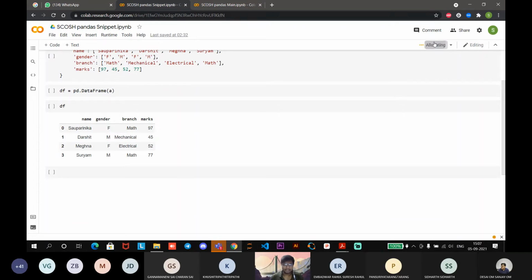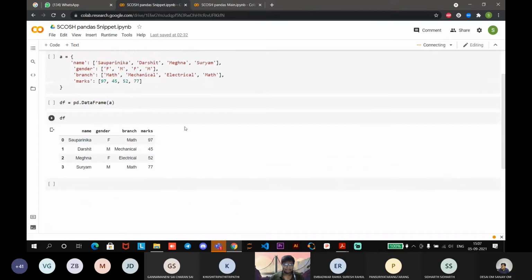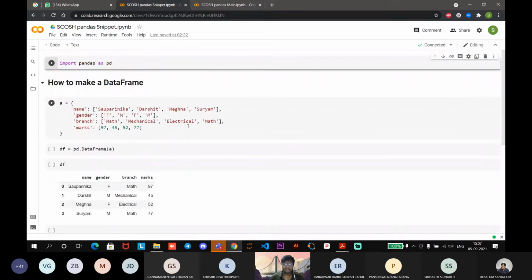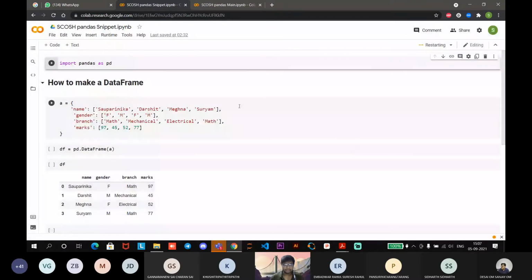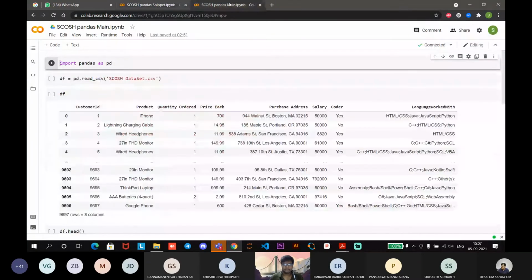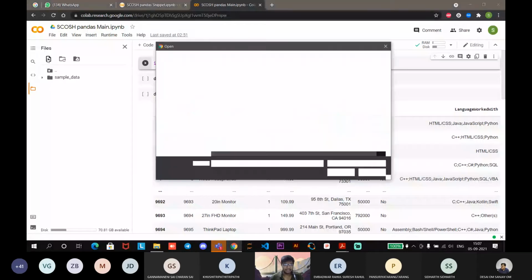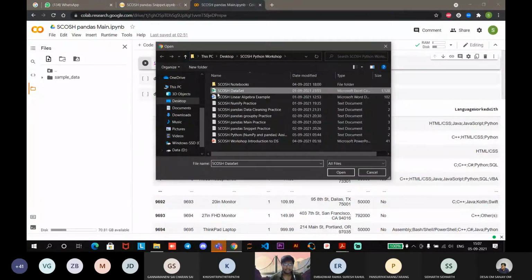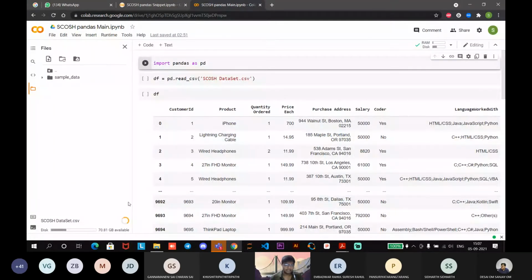Now again, just make sure this thing is connected. Once this is connected, go to runtime and do a restart and run all. With the main file, if you go to the file section, you'll see that the dataset.csv file is gone now. This just happened, so that's fine. You need to just upload it again. So go to this upload option and upload your dataset.csv file here again, and it will load for a